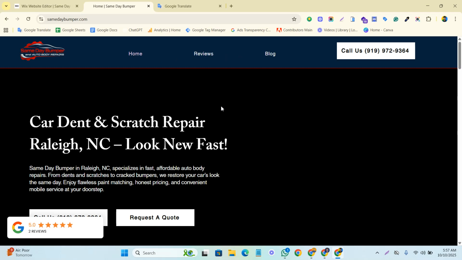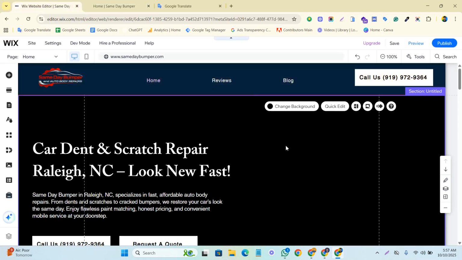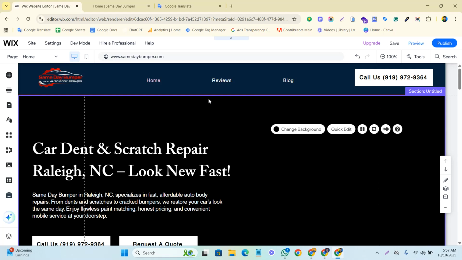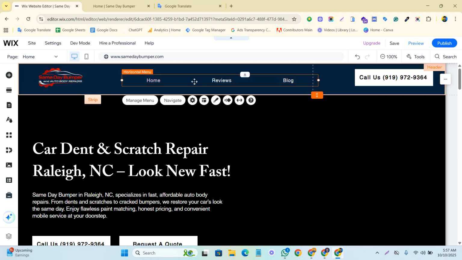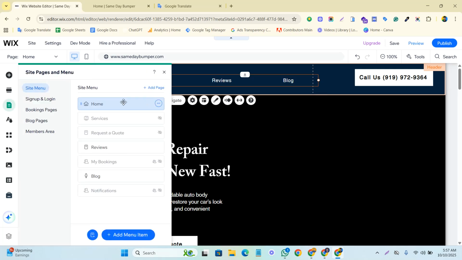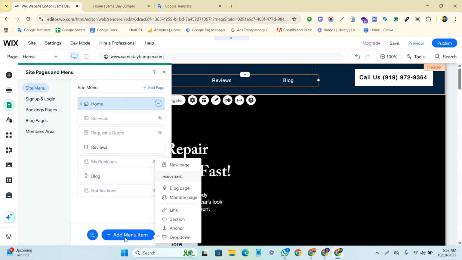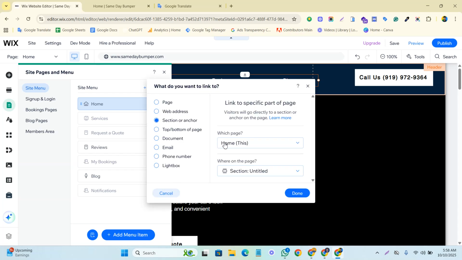To create the anchor menu, we have website editor. Look at that, it's the Wix website editor section. Now we have to click the menu. So if I'm going to click the menu, and now click on manage menu. After that we have to click the add menu item and click on anchor, and then we have to select home page, and then